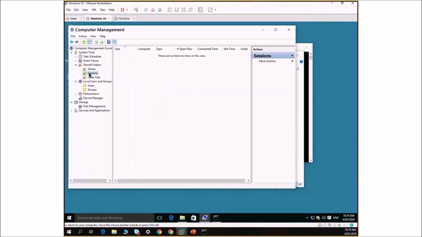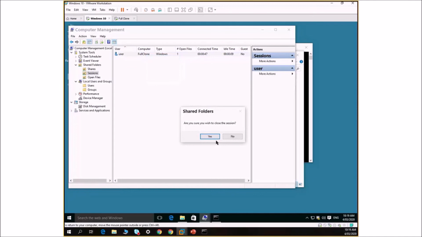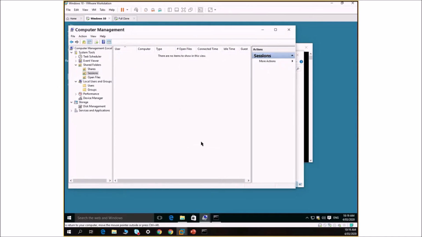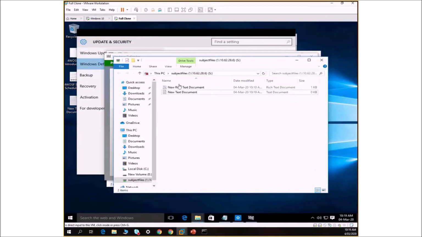But if we go here and look at sessions, so remember we can look at shared folders and at the sessions, I can see that there's an active connection right now by a user called user, and it's connecting from a Windows computer, and the computer name is called full clone. Let's close this session. So I can disconnect him if I wanted to. That does nothing, except that it disconnects this session. But if I click on it again,